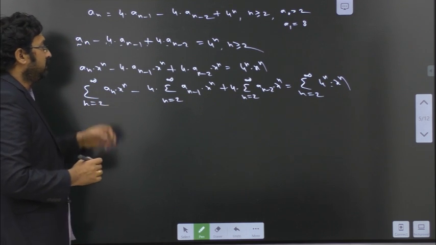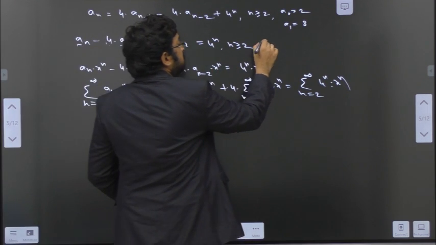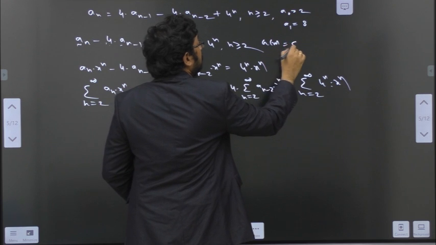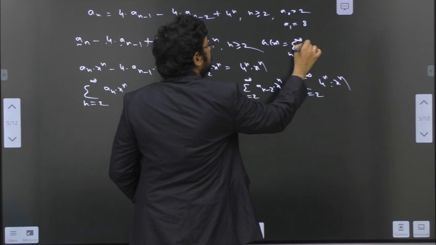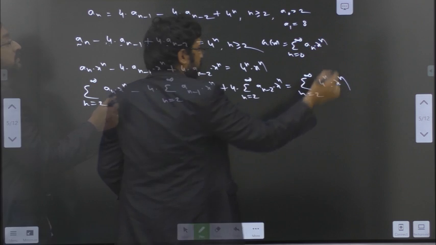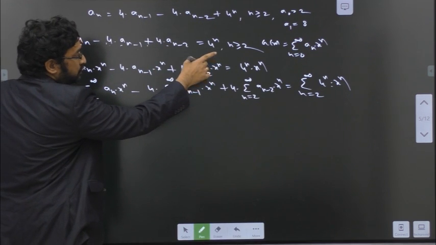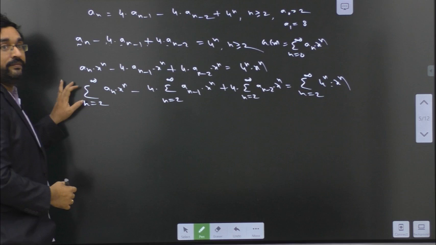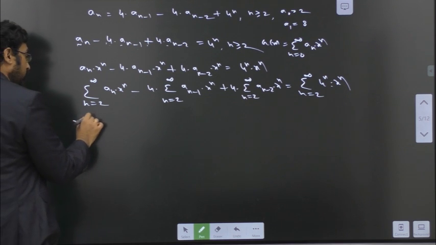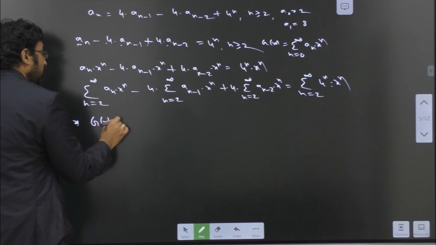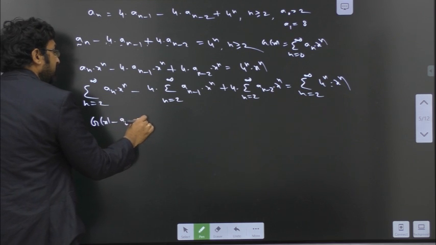Here we know that initially we will assume that g of x equal sigma n equal 0 to infinity a n into x power n. So if we remove first two terms from g of x, we will get g of x minus a0 minus a1x